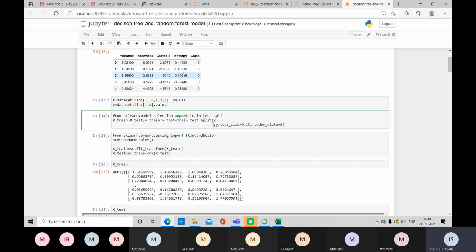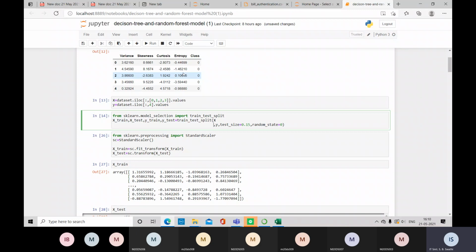So for that purpose, we are using the standard scaler method. Now, what is standard scaler? Can anyone say? We have already used this standard scaler. What does standard scaler do?